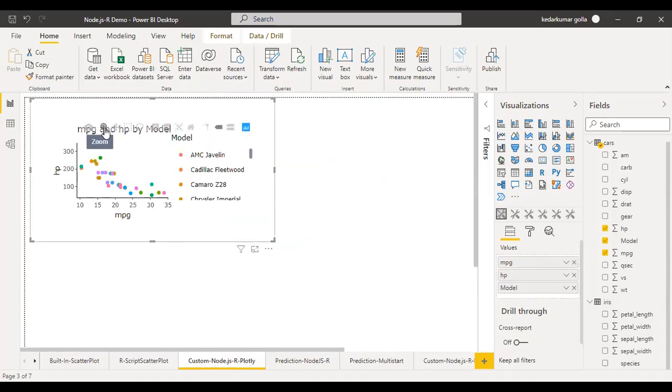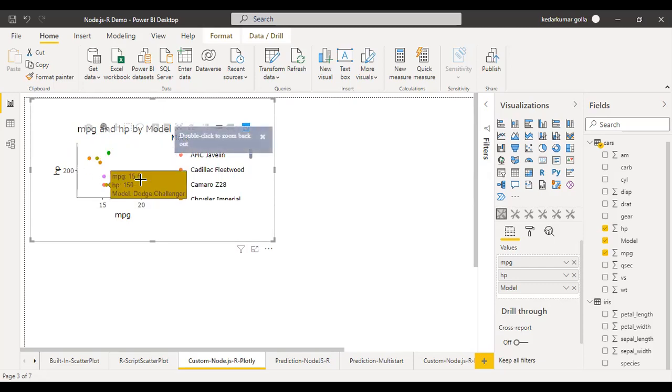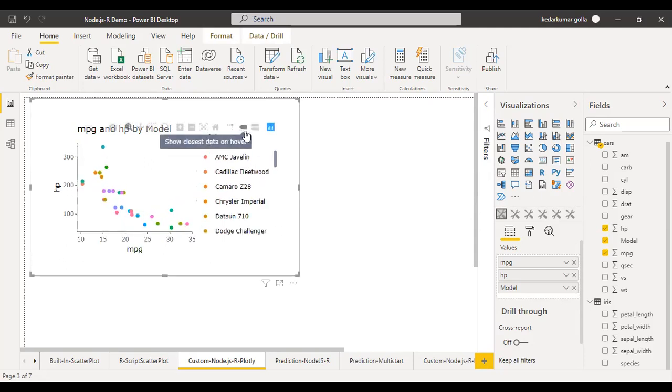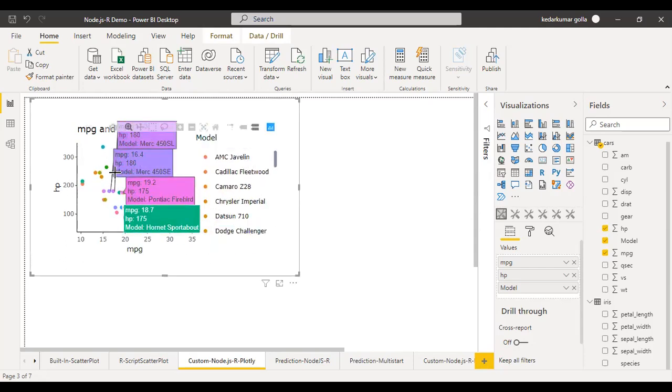So if you see here, these options are part of Plotly. I can just use the zoom in feature to zoom into any particular overlap. For example, there is an overlap here. I can directly zoom there. If I double click, it will come back to the original state. This kind of features can be used, or else there are some more advanced features like label comparisons.